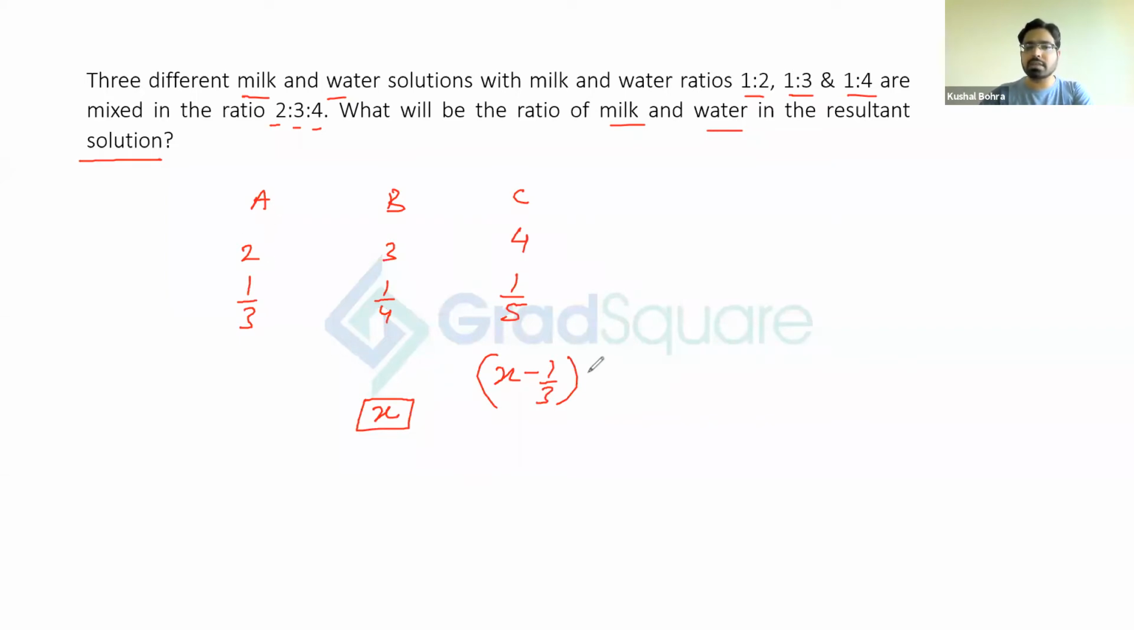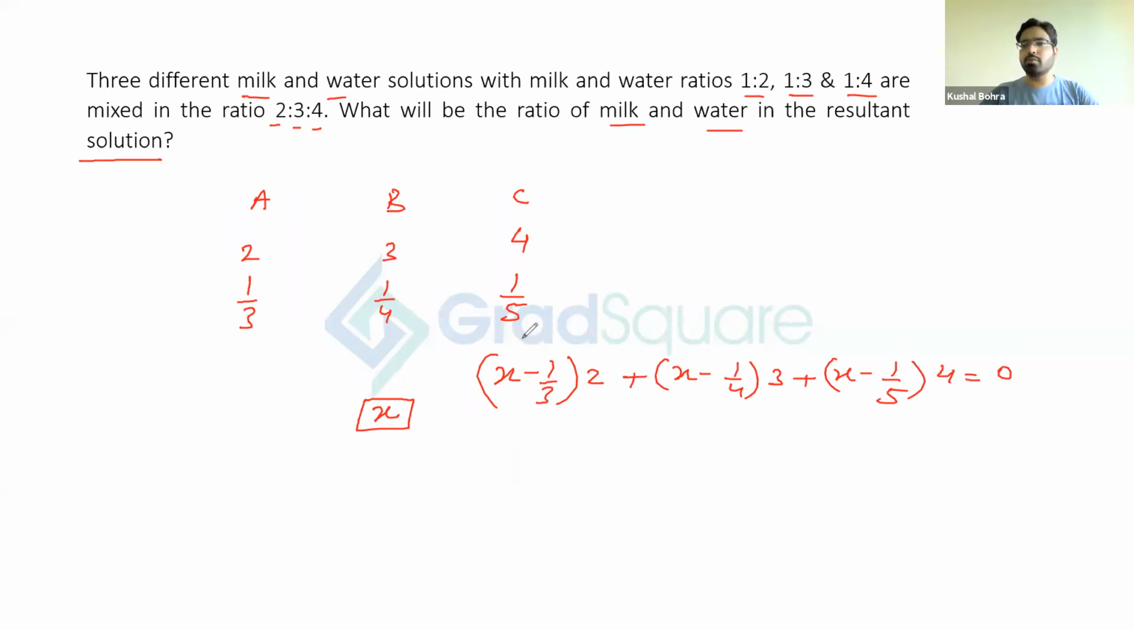So how many parts of this have I taken? 2. Now, when I say parts, what do we mean by this? This can be 2 liters, 3 liters, 4 liters, or this can be 2 ml, 3 ml, and 4 ml, whatever that may be. So I'm using the word parts. So (X minus 1/3) into 2 plus (X minus 1/4) into 3 plus (X minus 1/5) into 4 should be equal to 0, because I